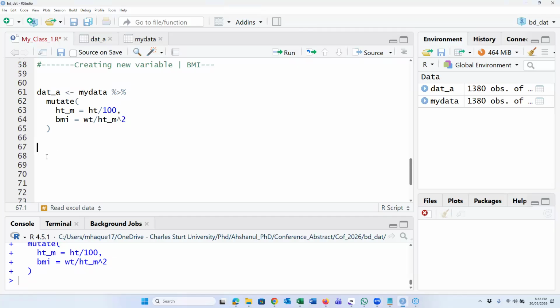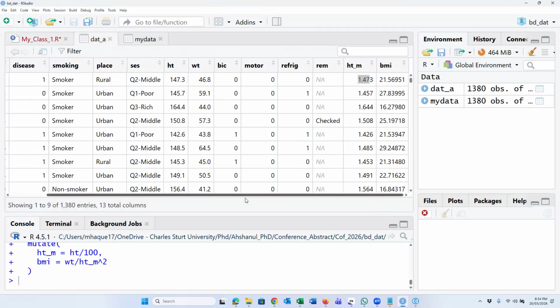Now, recoding variable. For example, this is our continuous variable, BMI.